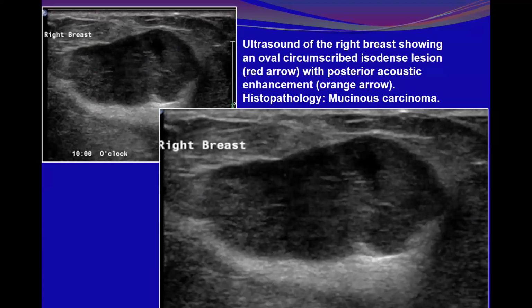Okay, so if you look at this, as in the previous example, from the first glance you might say this is a circumscribed oval mass, this one. But when we zoom in on these lesions, we can see the borders are not really circumscribed. Look at this area here and this area, and you can even see a thick hyperechoic rim.